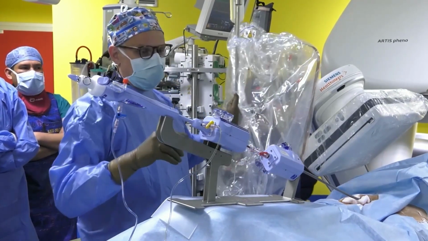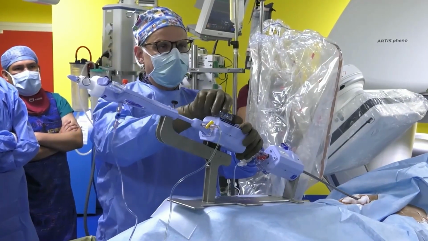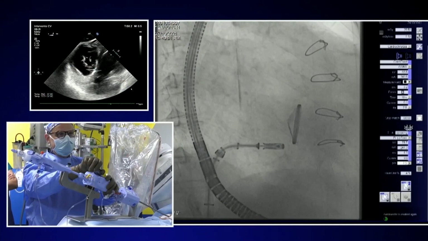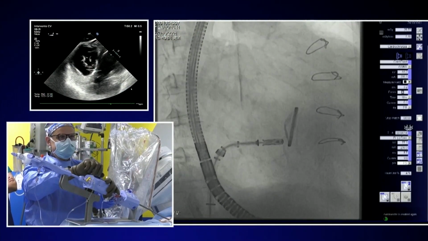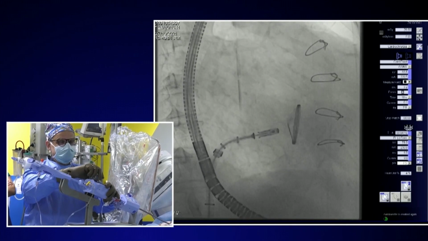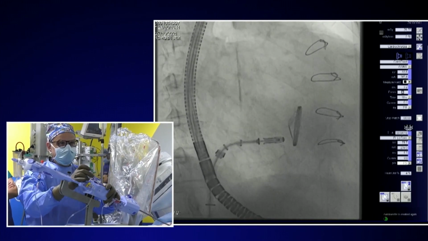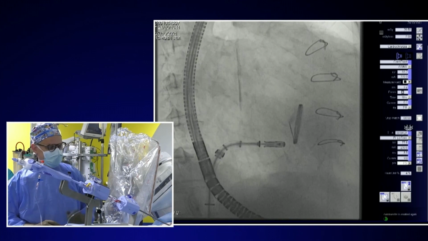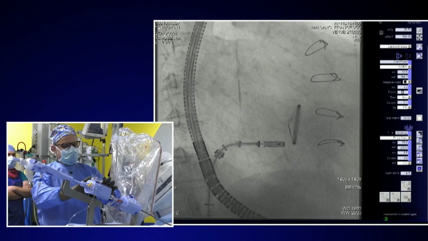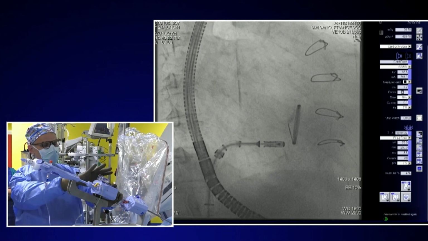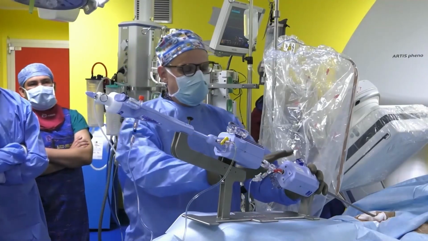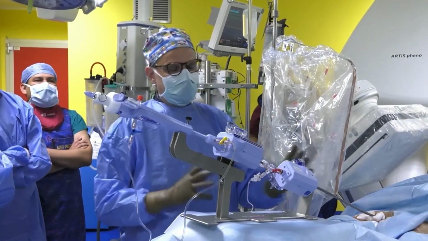I can show you by maneuvering in RAO. If you look at the fluoro, if I release the flex, if I extend, it's extending. If I flex, it flexes towards the tricuspid. This is the only maneuver that we have on the clip delivery system, while the main maneuvering to get coaxiality